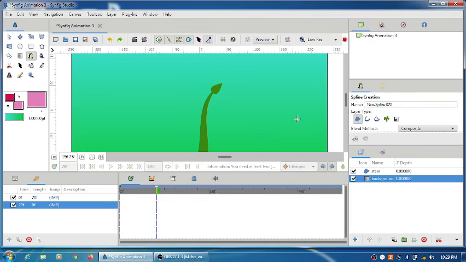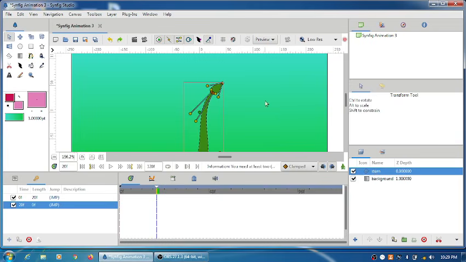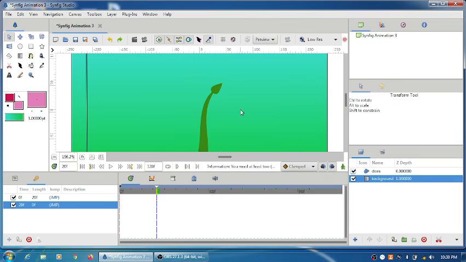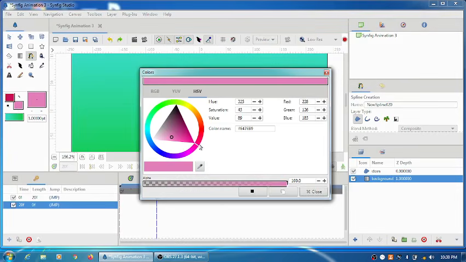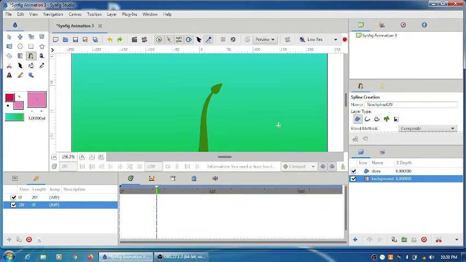Okay, let's create again. Right click and loop spline.